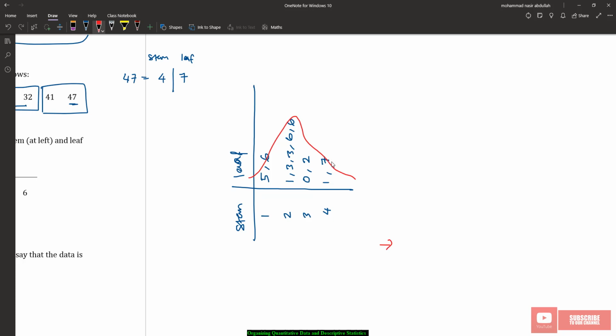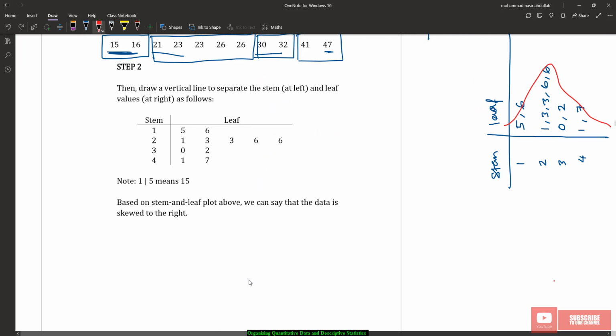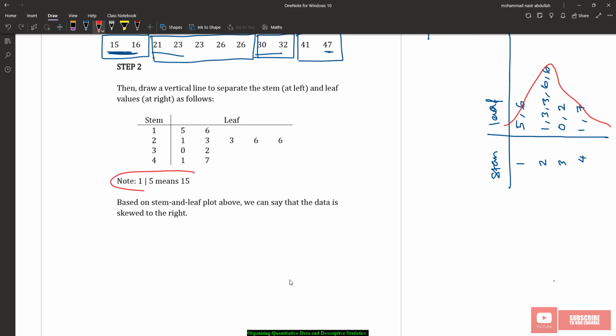If we compare with the shape of distribution that we learned earlier, if it is skewed to the right, the tail is longer to the right. So we can see here the tail is a bit longer to the right. It's actually a slightly right skewed distribution. This is very small data, so you cannot see the actual shape. Then you need to put some notes so the reader can understand